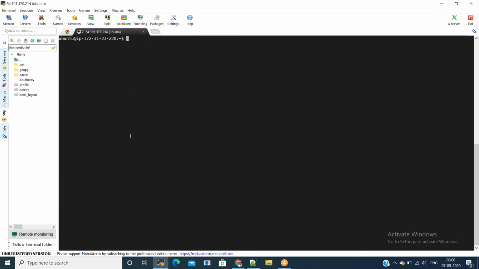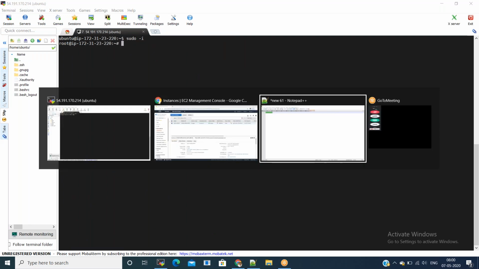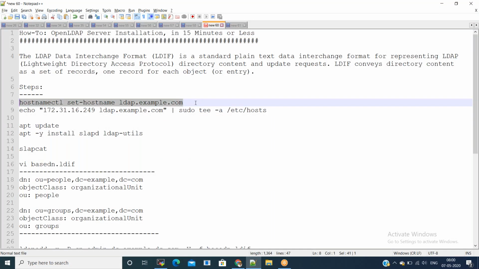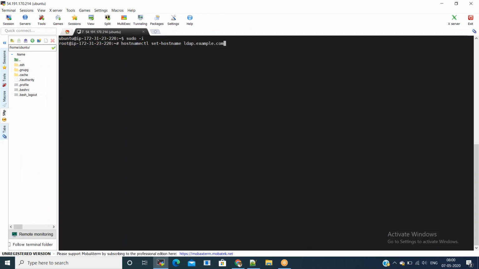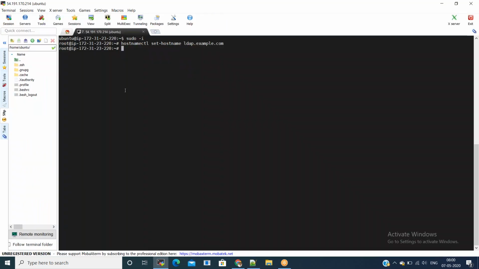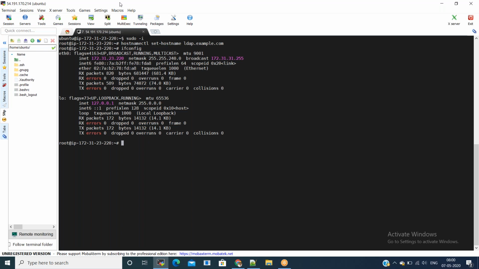Just switch to root user using sudo -i and first set the hostname using the hostnamectl command. I'm giving ldap.example.com, you can give anything. And then using echo, we need to add the entries in /etc/hosts so that we can specify alias names.